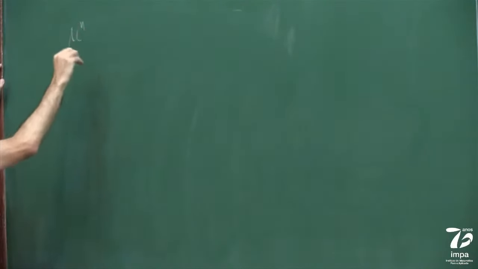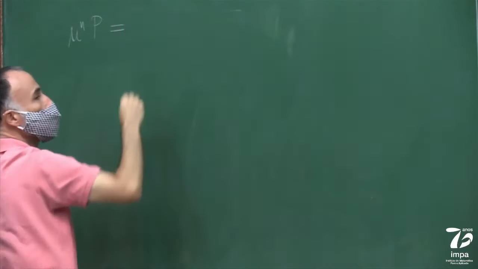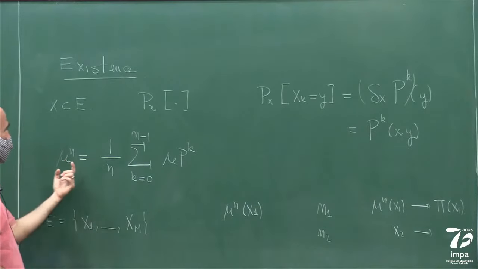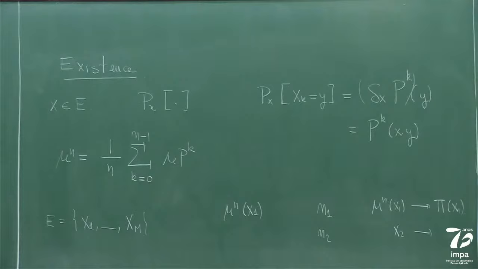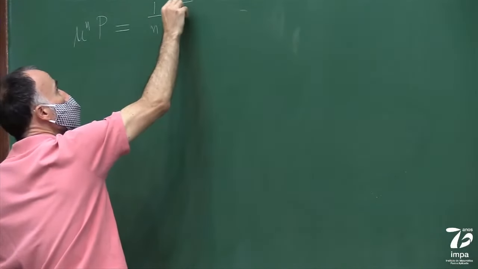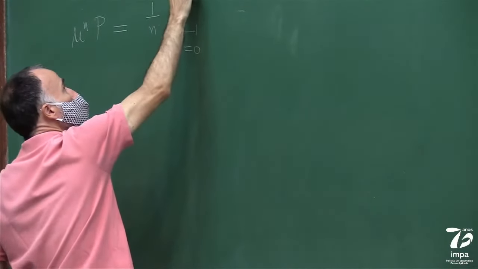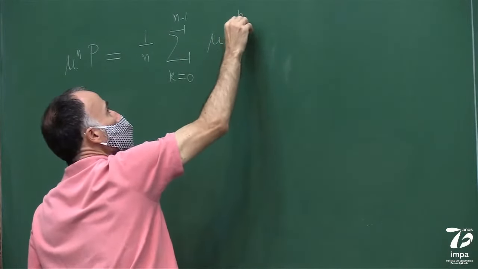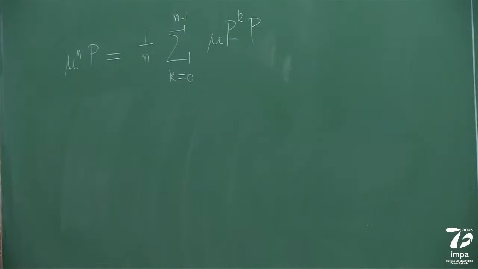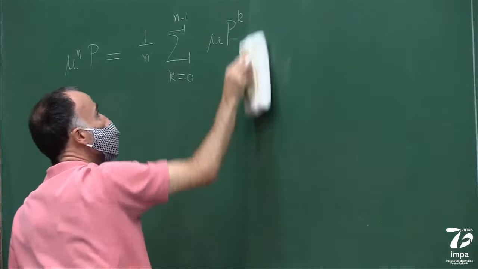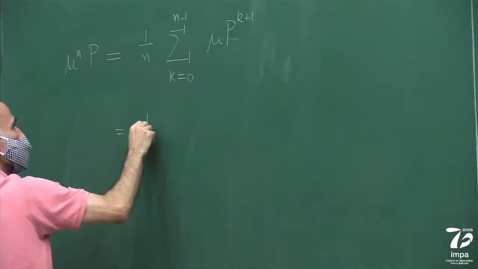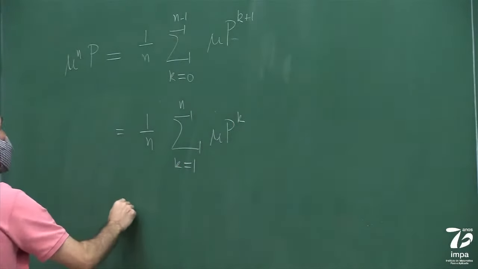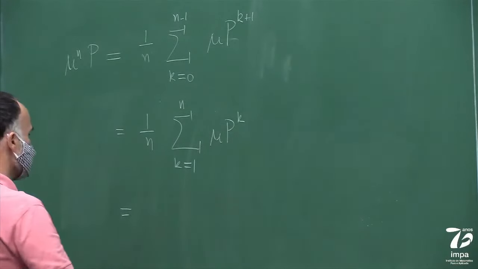I have, by definition, that mu n P is equal to, I'm applying P on the right, and what I get is that this is equal to 1 over n, the sum for k from 0 to n minus 1 of mu P^k P. Okay? So this is P^(k+1). And I can rewrite this as 1 over n, the sum from 1 to n of mu P^k. And this is equal to, now,